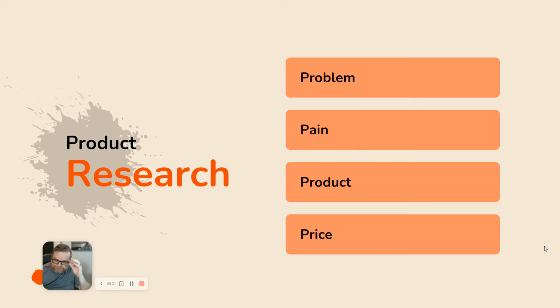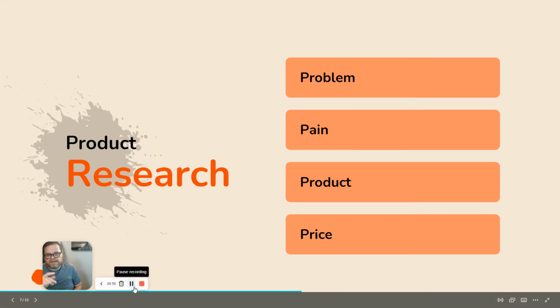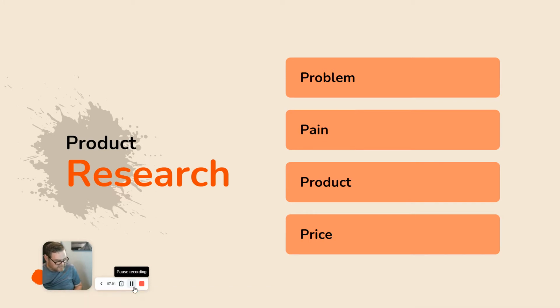Well, I'll explain it. You want to do some research. You want to figure out what the problem is, what their pain point is, a product that would solve that, and the price they'd be willing to pay for it. In the words of Zig Ziglar, that is market or need analysis and need assessment. I think that's what it was. Let me make sure. It's need awareness or need analysis and need awareness.